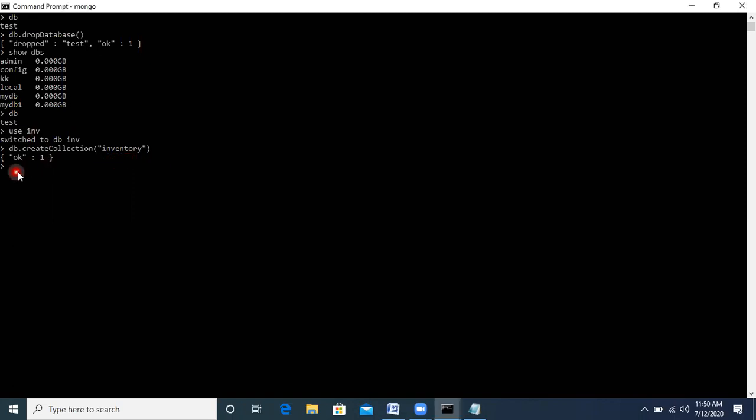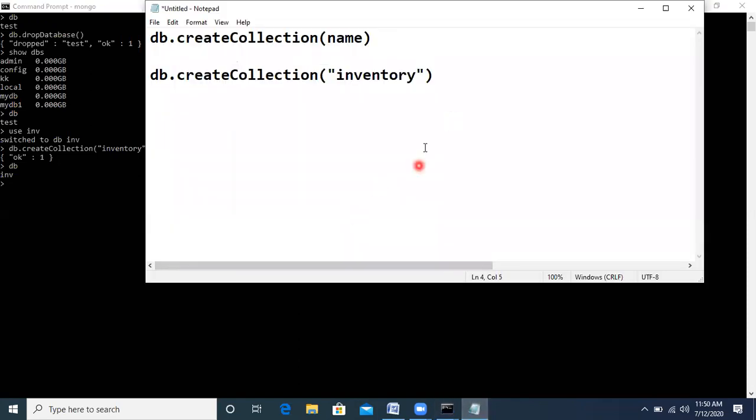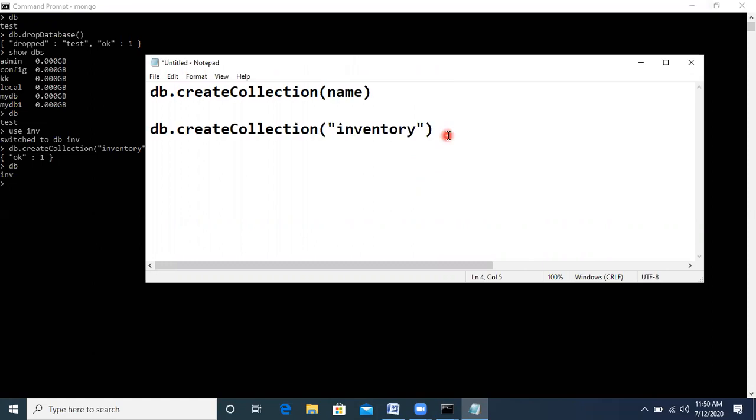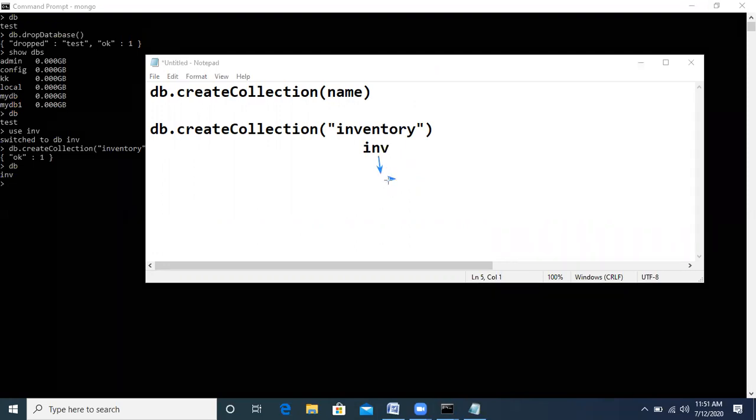Let's once check in which database we are currently working. So our path has now become like this: inf, and inside this inf we have inventory.